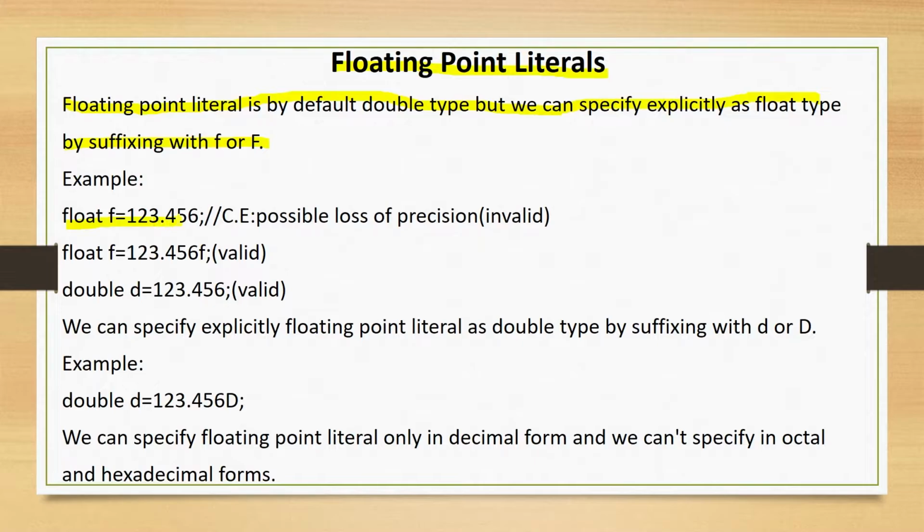Here this 123.456 won't work because it will try to convert from double to float, which is not possible, because we have seen in the data type series that float is 32 bits and double is 64 bits. So obviously it can't accommodate 64 bits into 32 bits. That's why we get an error. But if we want this to be considered as float, we would append the character f here, and then it would consider it as of type float.